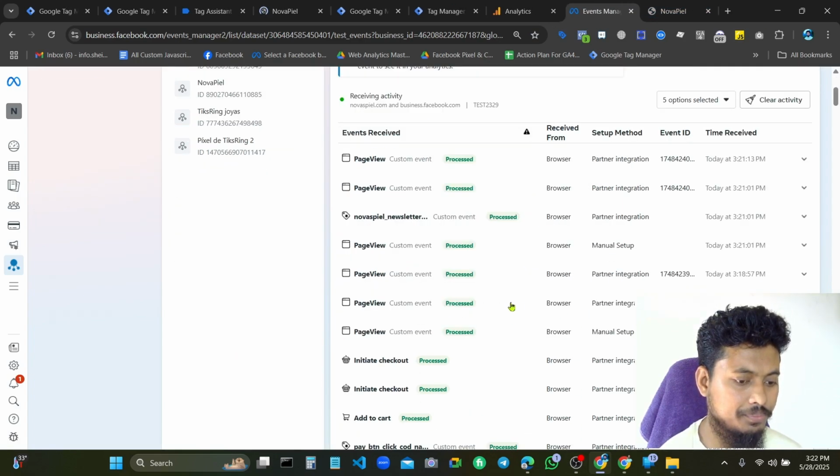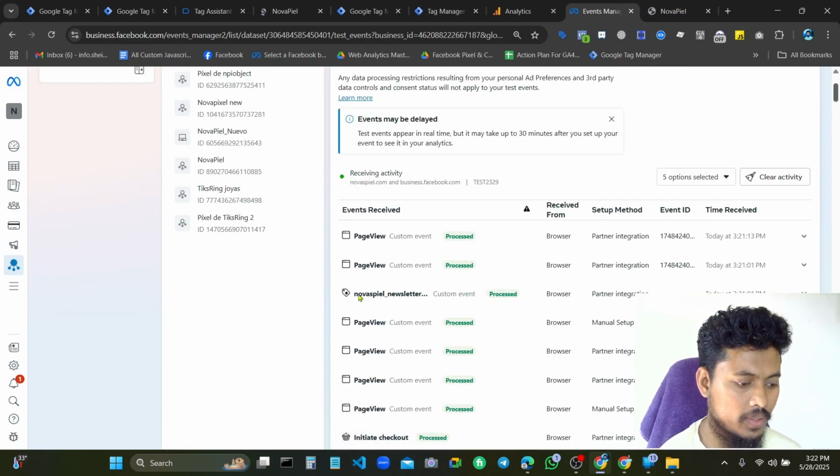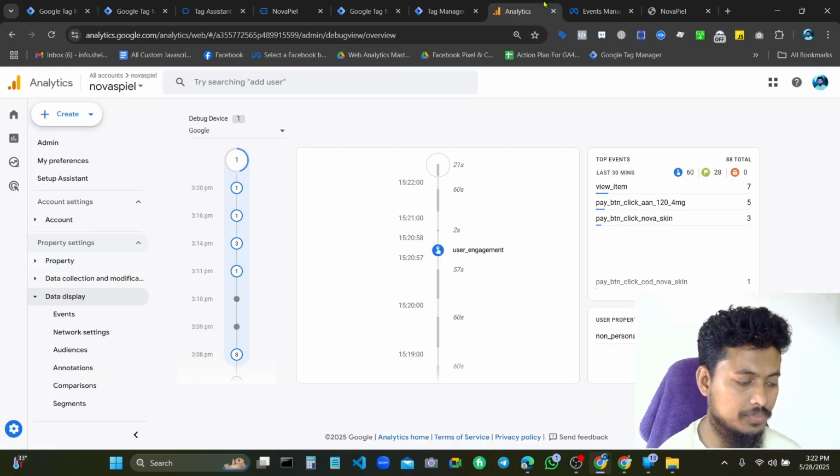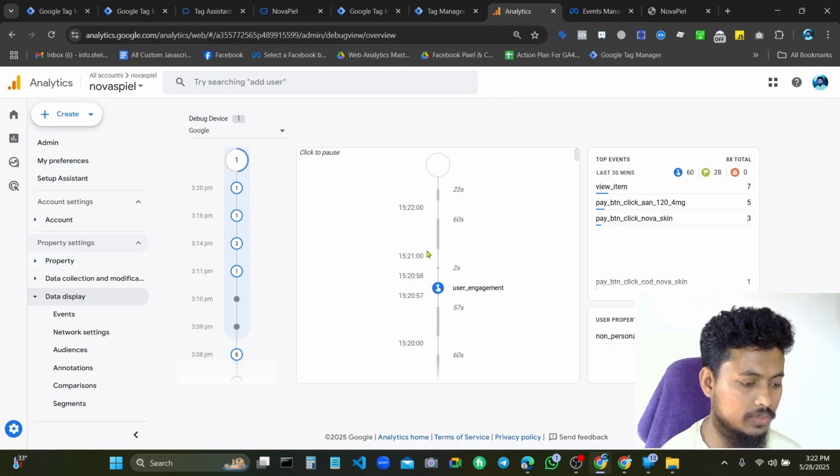Here you can see newsletter subscription custom event is fired on Facebook tag, Facebook events, as well as the event should come.